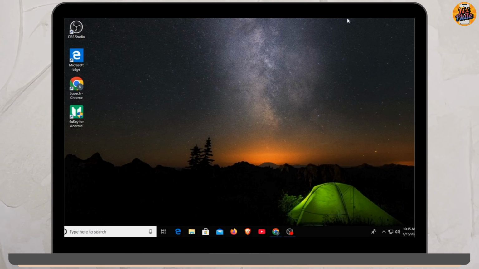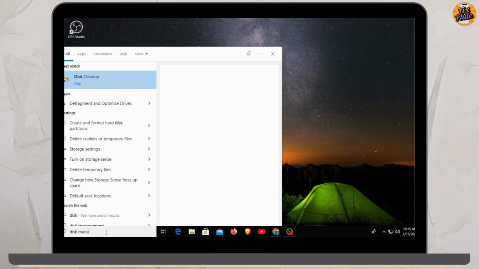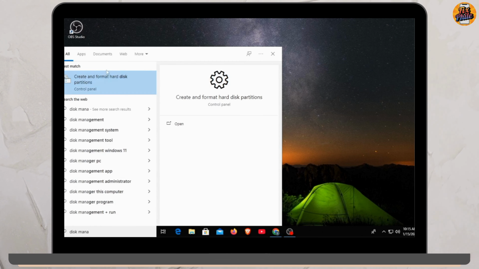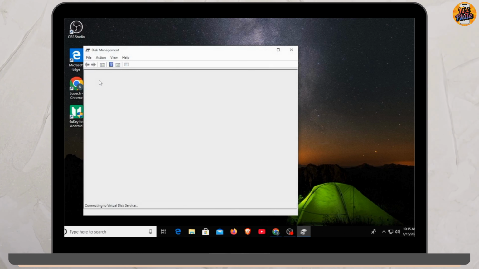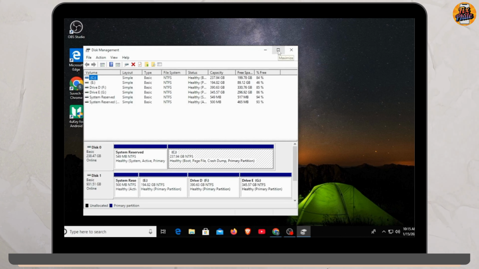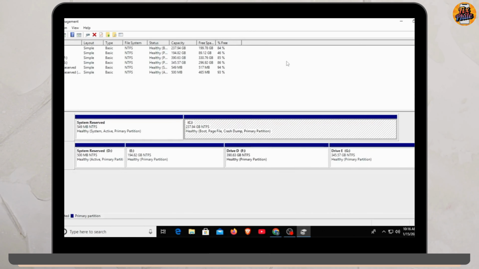If it is still not detected, then the next thing you want to do is format the drive within Disk Management. So for this, you want to click on the search menu, type in Disk Management. You should now find the option of Create and Format Hard Disk, so click on this. Now you want to locate an unallocated space in here. So in my computer, there is no option of unallocated space, but if you find that, go ahead and right